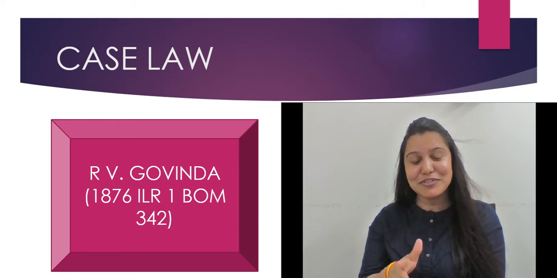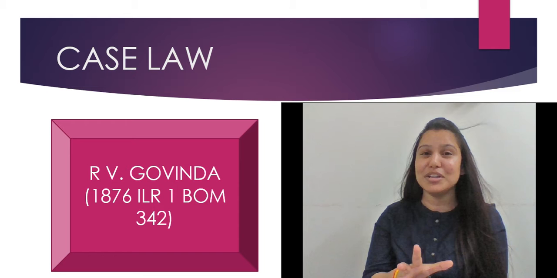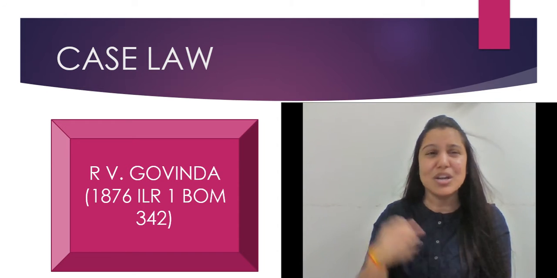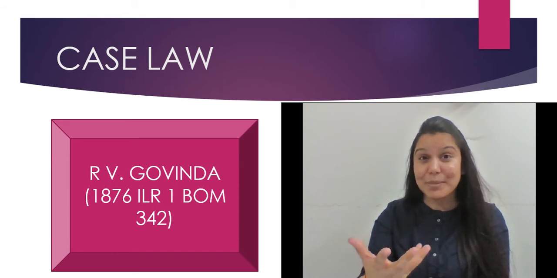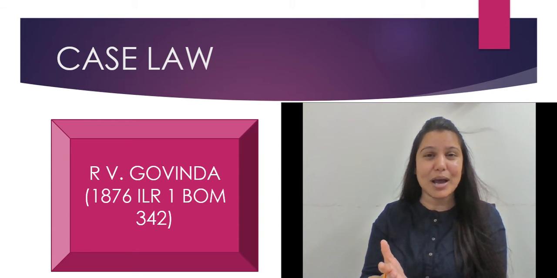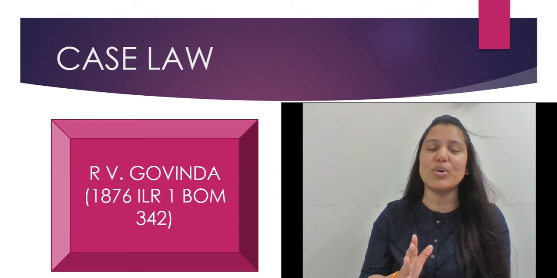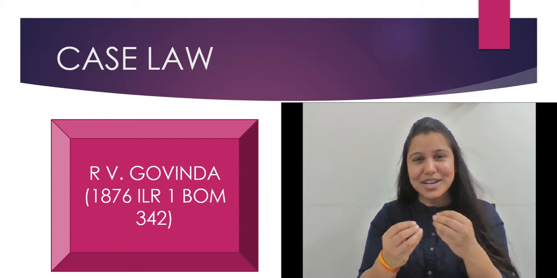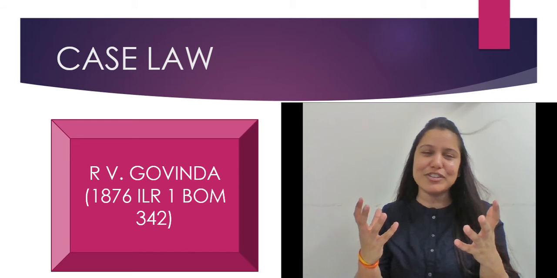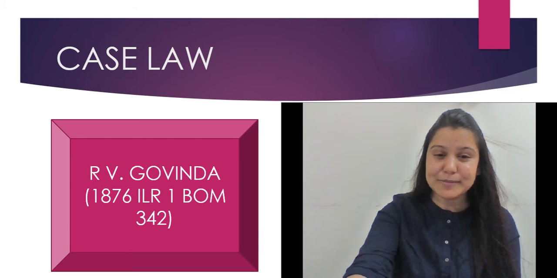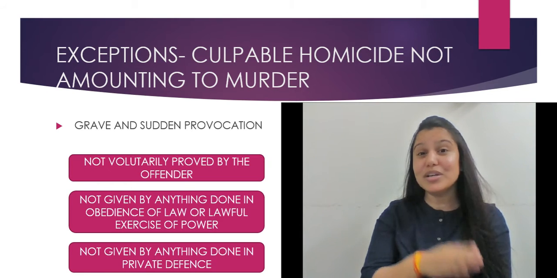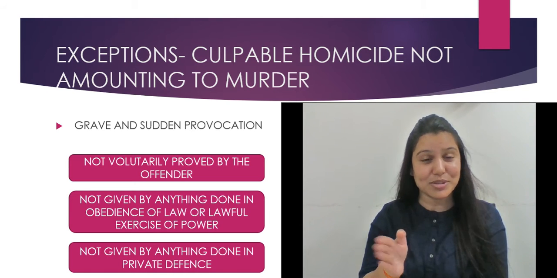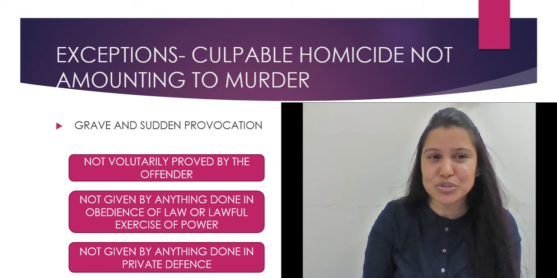You see the very difference? It was not sufficient in the ordinary course to cause the death of a person. Punching somebody, I don't know what happened actually. The clotting thing, of course, had happened, but it was not sufficient in the ordinary course. So, do you get these simple, slight differences? Okay. So now, as I was saying, culpable homicide amounting to murder, culpable homicide not amounting to murder. So here are the exceptions to it.